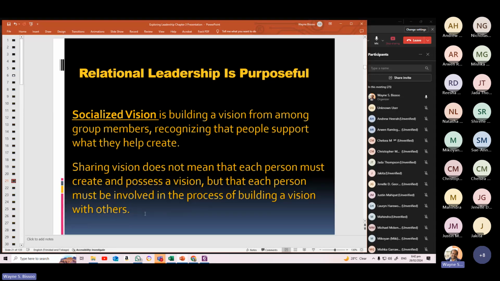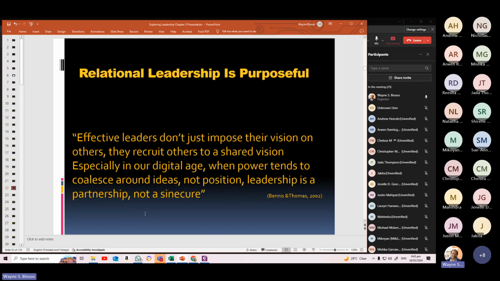Anyway, my point being is this. In the relational leadership model, we're saying that the stronger way to build the vision of any organization is from a socialized approach. Personalized visions can end with the death of the individual or the departure of the individual who creates a personal vision. A socialized vision is one in which you get other people to engage in it. And once we all share that vision, that is part of the process that helps to make it a stronger vision. So effective leaders don't just impose their vision on others; they recruit others to a shared vision,